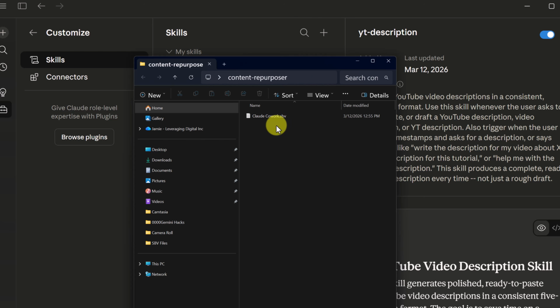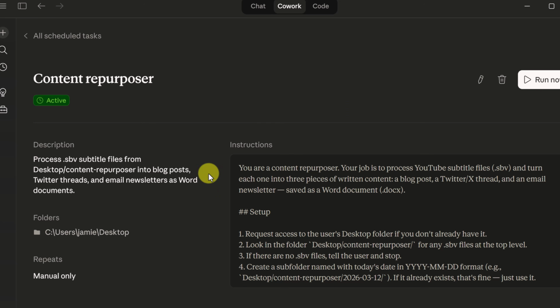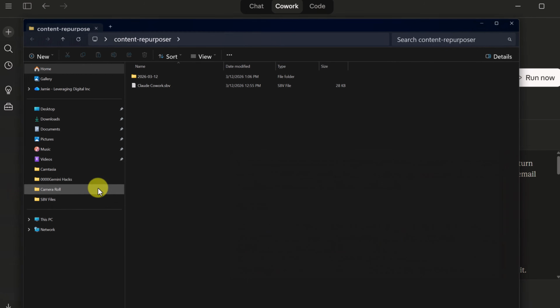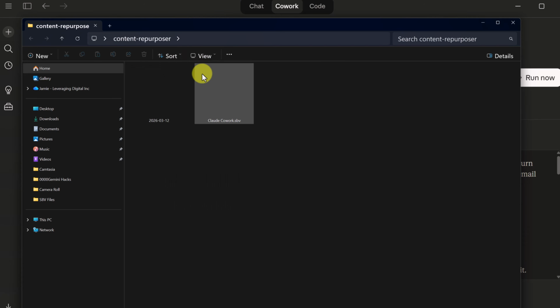So I just uploaded one more SPV file, and I'm going to go over to schedule this time and look at this. We have content repurposer. So all I have to do is click on this and run now. All right, it told me it was done. Got a little pop-up, and if I go back into the folder here, and I'll just make this larger,